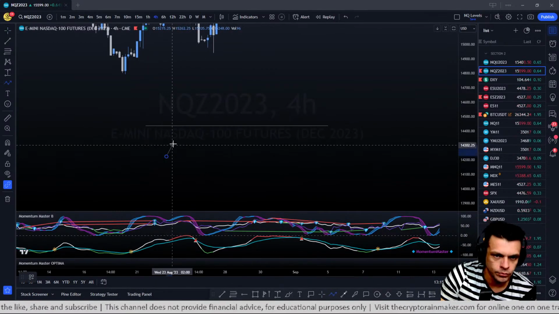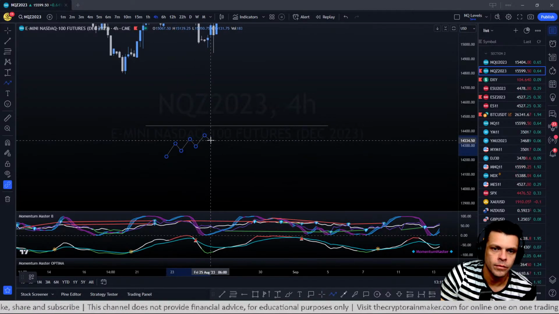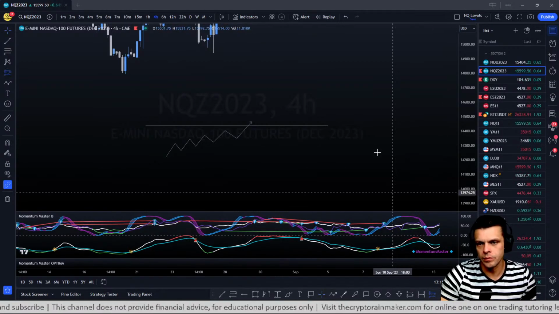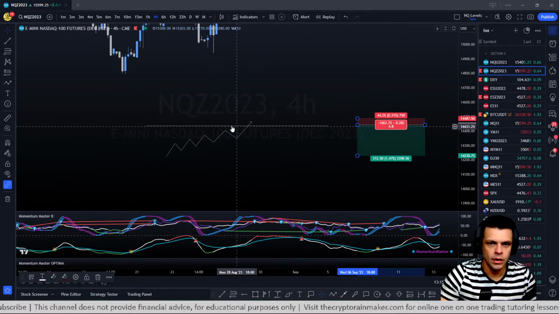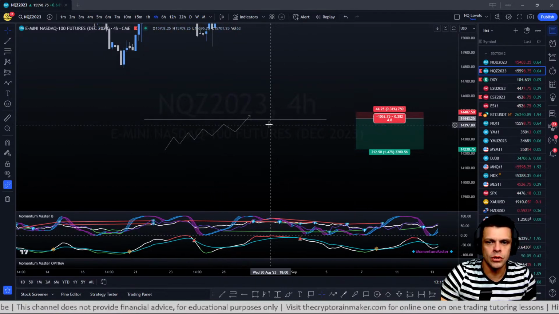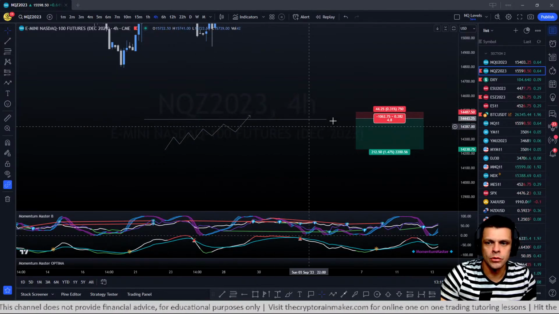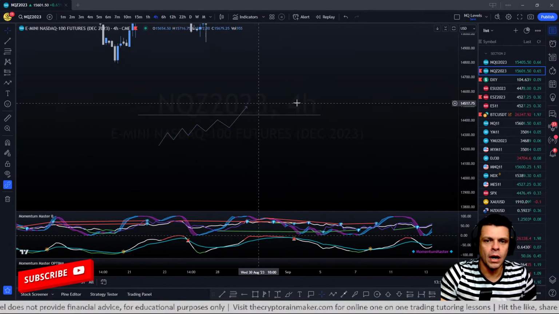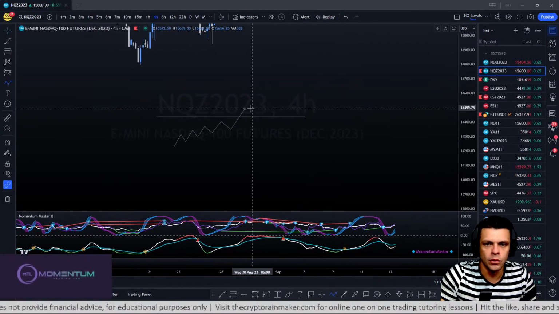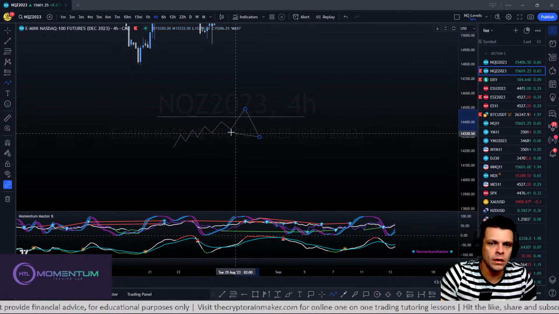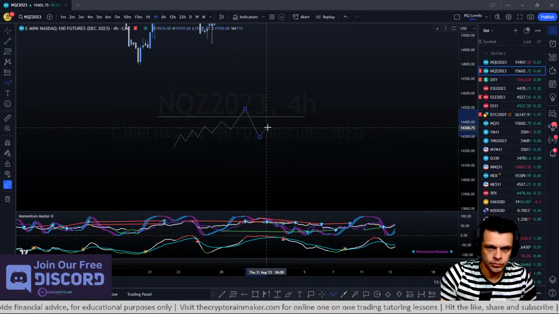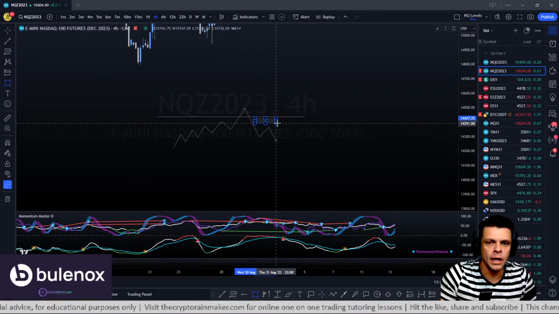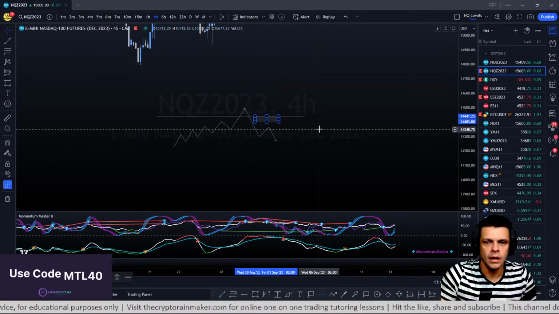Then I just wait for price to trade into that area. People that were short in the market had their stops above the resistance, because that's what they see as a safe area for their stop losses. Now price action comes and knocks them out. The bigger players will then buy all of those stops, and that is what we wait for. Normally you will see displacement to the downside that takes out the previous higher low, and that displacement will create a fair value gap. The fair value gap is what tells you that there is displacement. And ideally, if you go short,